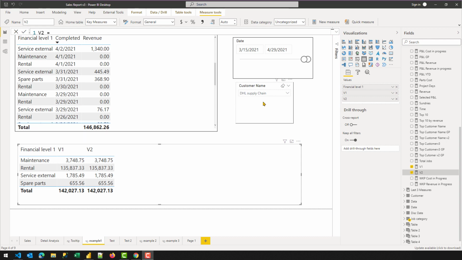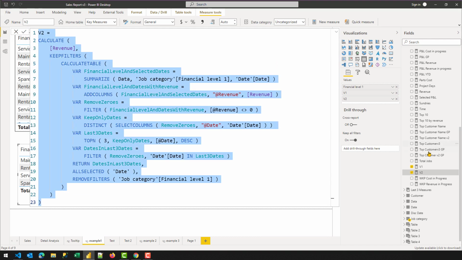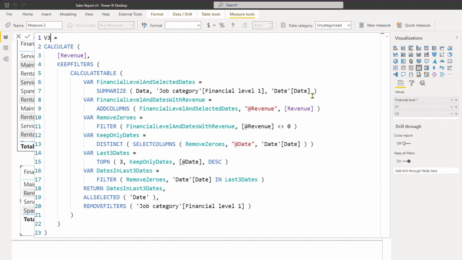And now let's look at another way of computing the same calculation. So let's create a copy of the version 2 measure, and let's create another measure. I'm going to name it version 3. So the idea behind this calculation is that since we are actually computing the revenue by the outer calculate, we do not actually need to use the add columns part because we are duplicating the same thing outside of the calculate and inside of calculate.